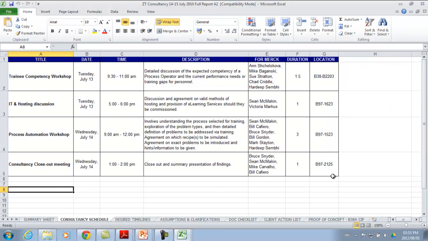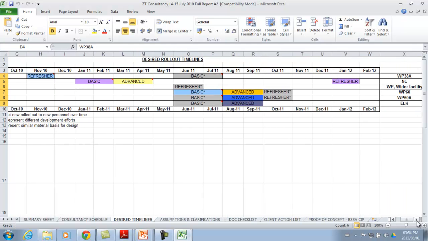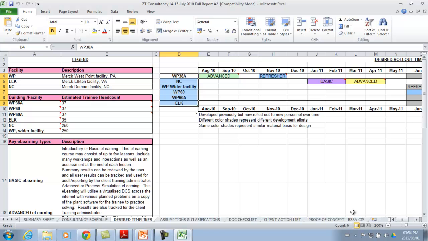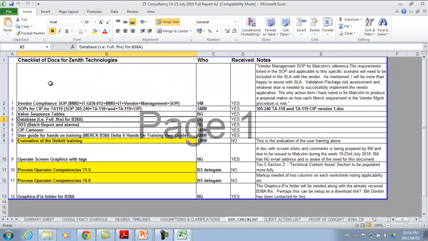Each consultancy session can follow a prescribed agenda, which I recommend is issued to the customer in advance. And then a document schedule or a desired rollout timeline was put together for this customer on this occasion across multiple sites, dealing with advanced e-learning, refresher e-learning, basic e-learning, and then repetition of those modules for different personnel across those sites in a look-ahead schedule. Each project will have assumptions and clarifications that need to be documented. There will be a document checklist,